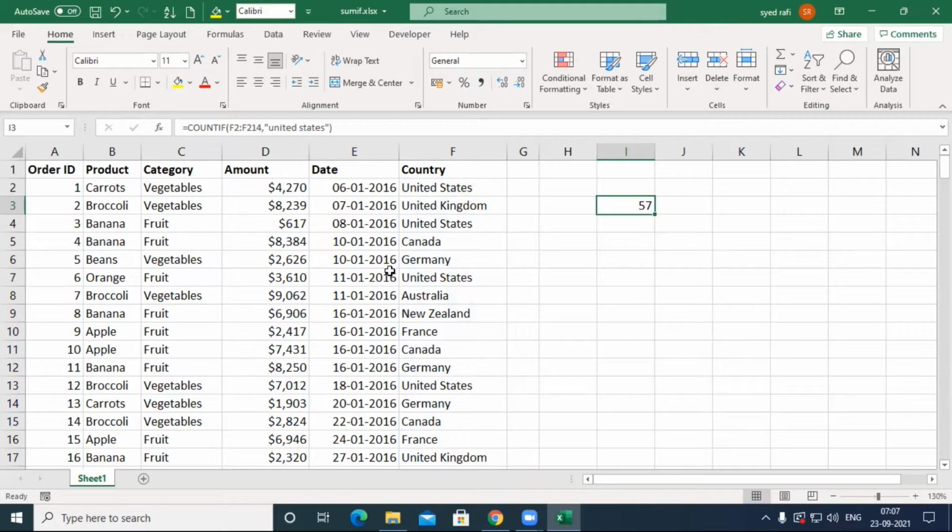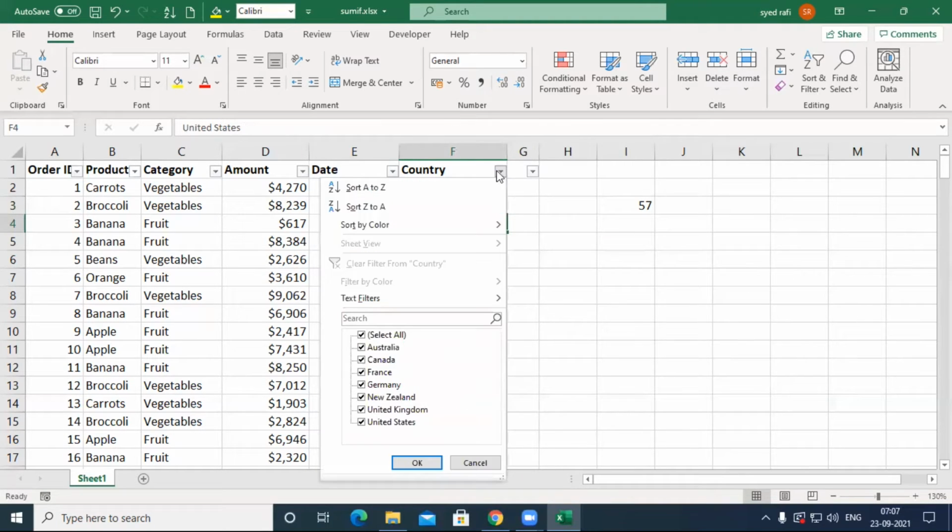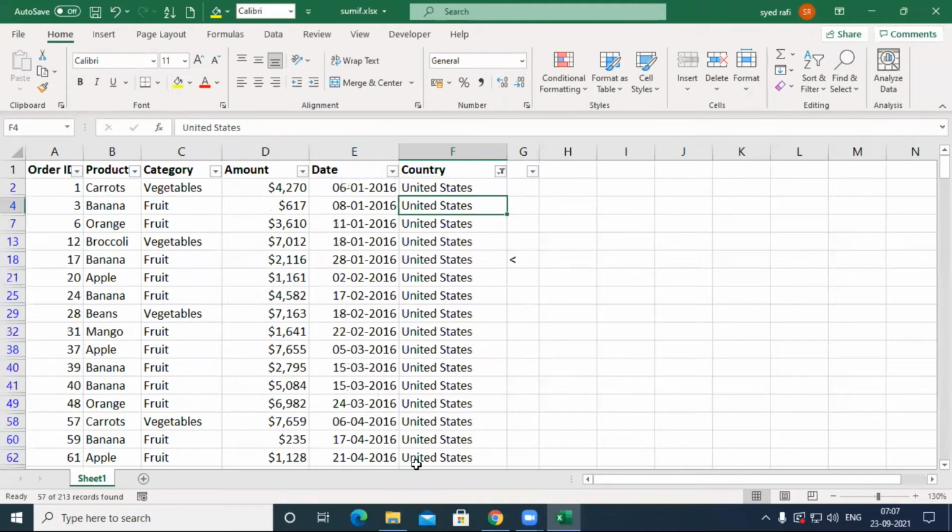Okay, if you want to cross check, you may apply a filter. The shortcut to apply a filter is Control Shift L, and all the unique country data will be displayed in the filter. Remove all these, select United States, and say okay.